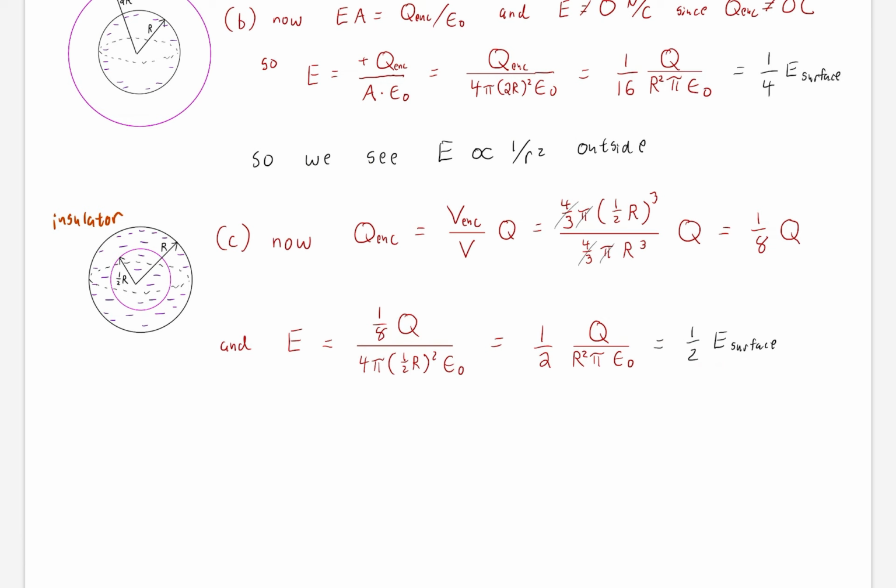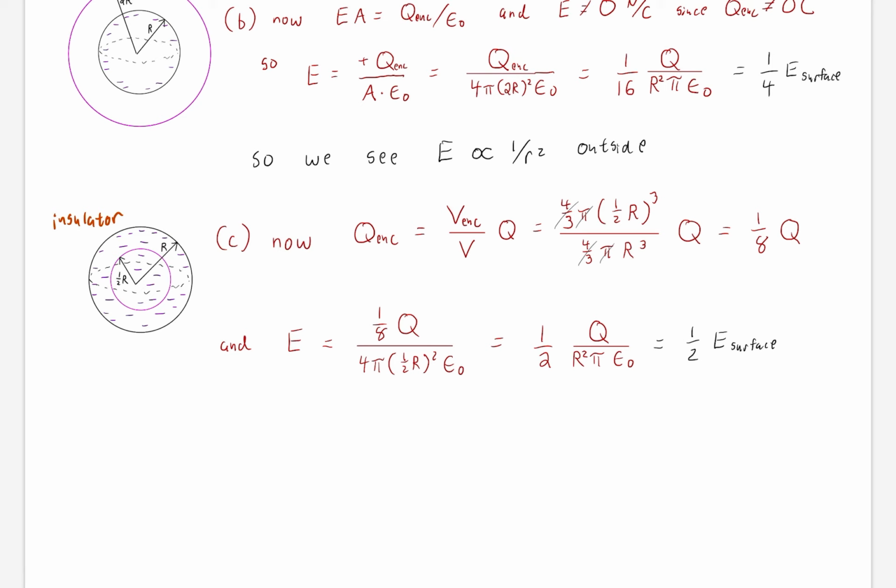Well, what does that tell us? Well, that tells us that it didn't fall off as fast. It didn't fall off with a 1 over r squared. We went halfway in and we got half the field. Well, that's interesting. What does that tell us? How do we piece that apart? Well,